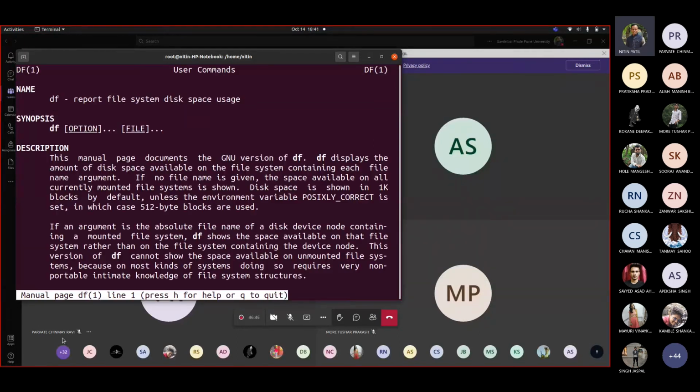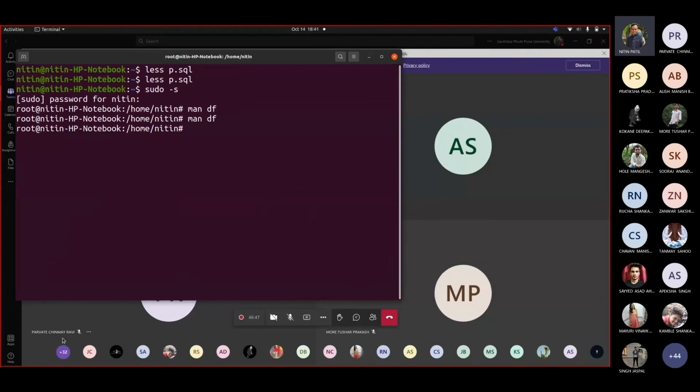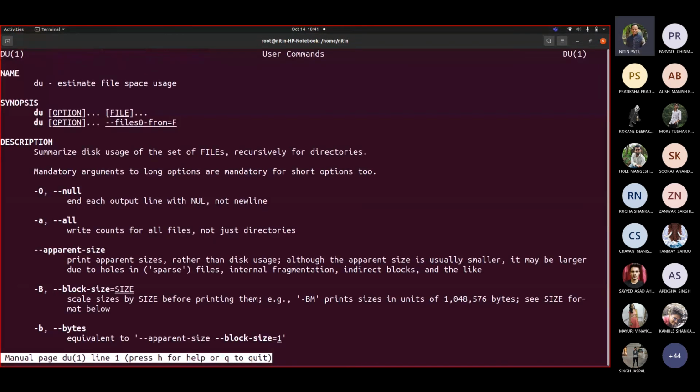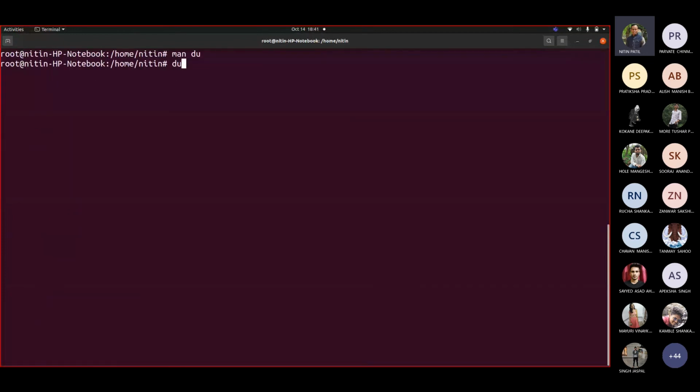Man df. Sorry. So if I write df, it tells me how much space was taken in terms of 1K blocks, how much size was there, how much is used, and what file system structure I have. Correct. There's another command called du, disk usage, estimate file space usage. So let me write du.